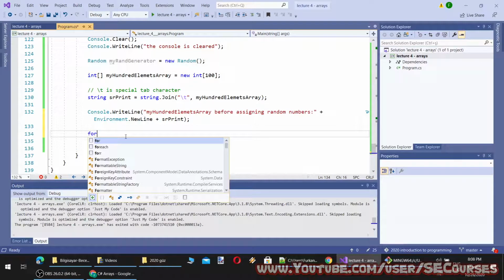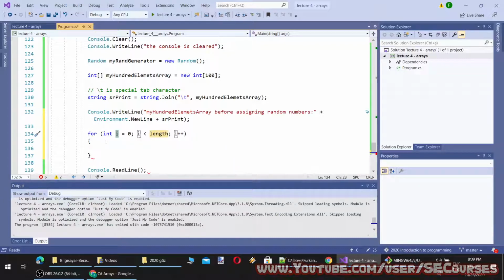When I type for, three code snippets appear: for, foreach, and forr, which is the reverse for loop. It says tap twice to insert the for snippet. I am going to tap twice, and you see it has automatically generated the code snippet for the for loop.